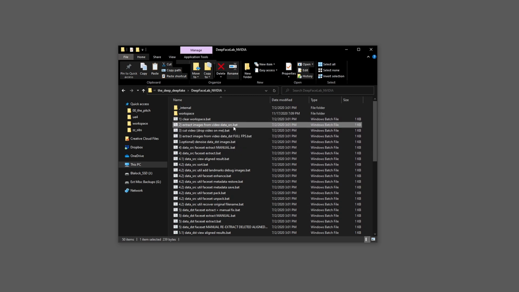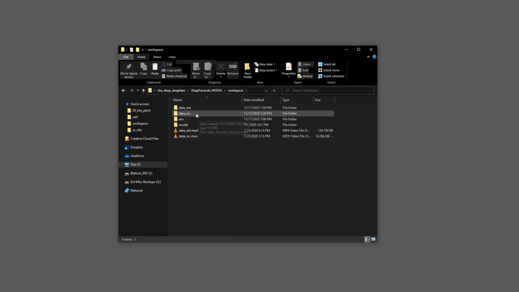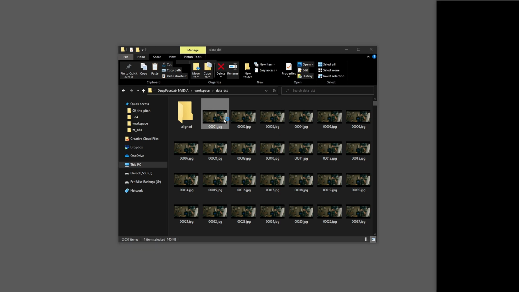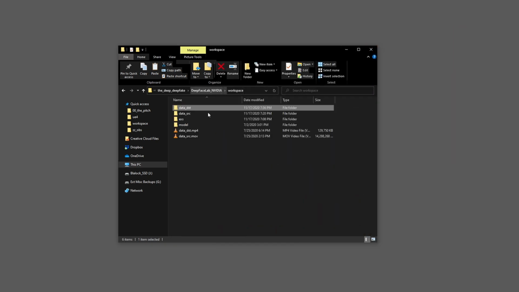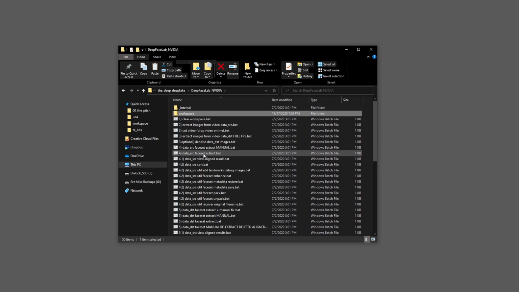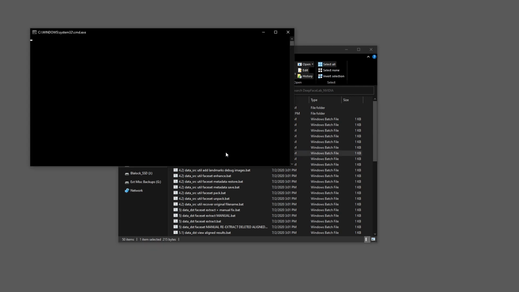So now that we've extracted both the data source and data DST, the next thing we need to do is extract the faces. Because remember, right now we have full images, and all we're really interested in is just the small area of the actor or actress's face. So inside the main folder, the next step is extracting the face set. We'll do data source face set extract,